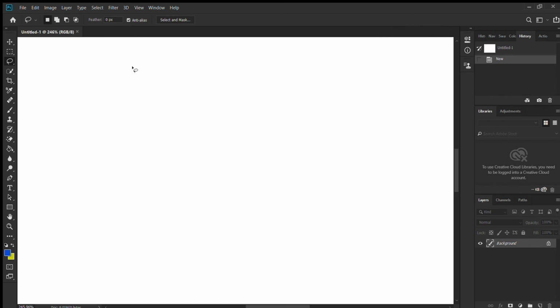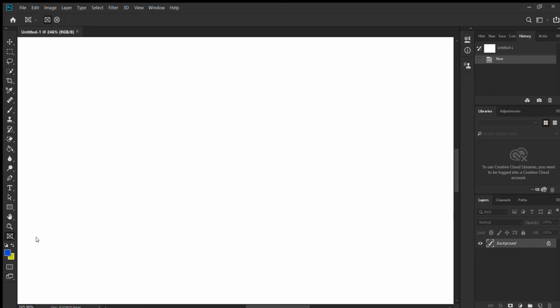When you click on done, here you can see the option comes. Here it is, the frame tool comes. Okay, we have selected the frame tool, so it comes here.